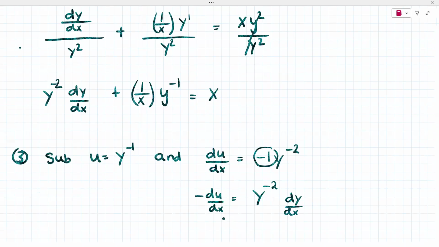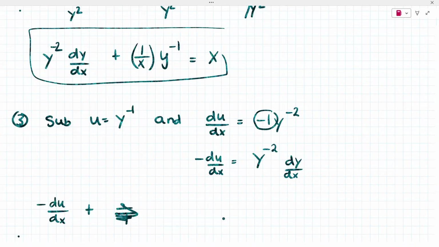So what is the derivative of that? That's negative 1 y to the negative 2 times dy dx. And if you want, what we're going to do next is,